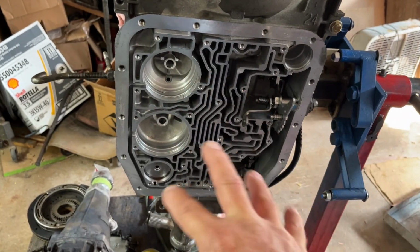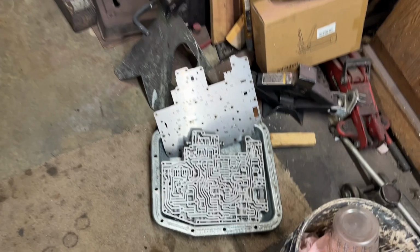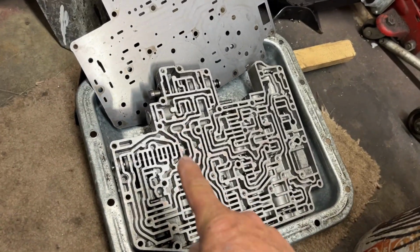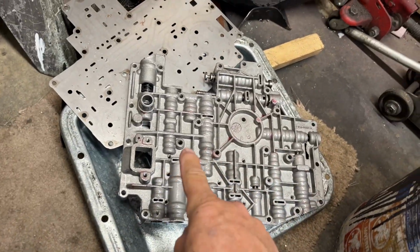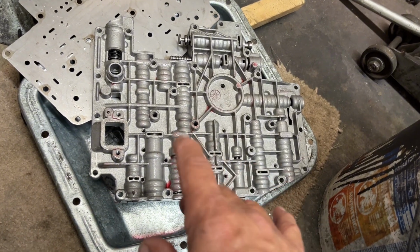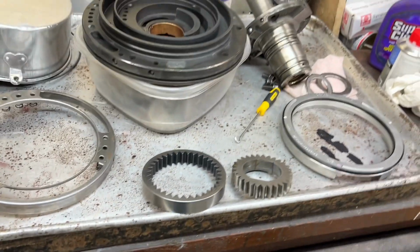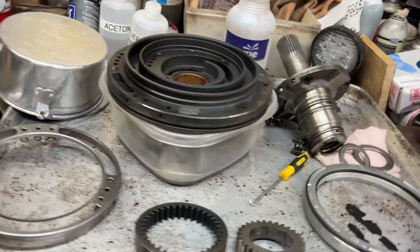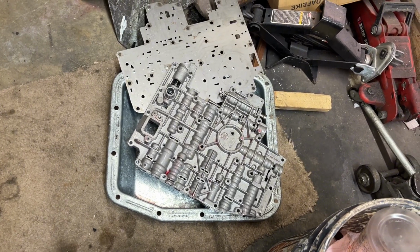I sprayed and cleaned all the particles out of the valve body area, and all that's clean. What I need to do now, which is really important, is take the valve body itself apart, because there's a lot of valves and springs inside this thing. They go in each one of these cavities, and that's all got to be spotlessly clean. You can't even have one little metal particle in there, because it could jam up one of those valves and screw up the transmission. The pump goes together pretty easy. That's not a problem. The time is going to be taking the valve body apart, cleaning everything hospital clean, and